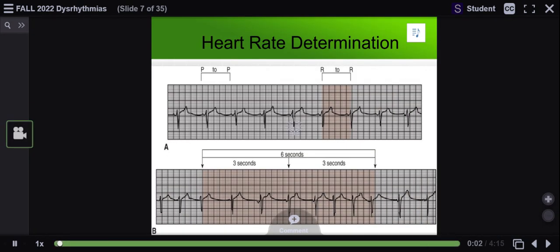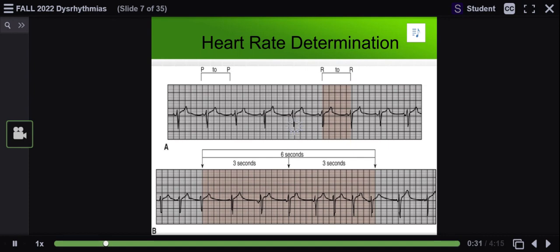So how will we determine heart rate? Looking at the picture, heart rate can be obtained from the ECG rhythm strip by several methods. You have to remember that a 1 minute or 60-second rhythm strip contains 300 large boxes and 1500 small boxes. Okay, so looking at strip A, you're going to count the number of small boxes within an R to R interval